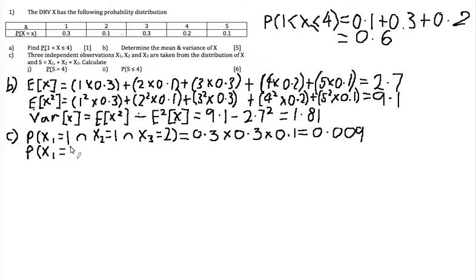This time I'm going to say x1 is equal to 1. So it doesn't seem like it's changed at the moment, but this time I'm going to say that we get a 2 on the second observation. And so that means that x3 must be equal to 1. Now what's going to happen in this case is I'm going to get 0.3 times 0.1 times 0.3. So actually the probability is exactly the same. All we're doing is we just have to acknowledge that there is a different order for this to be observed